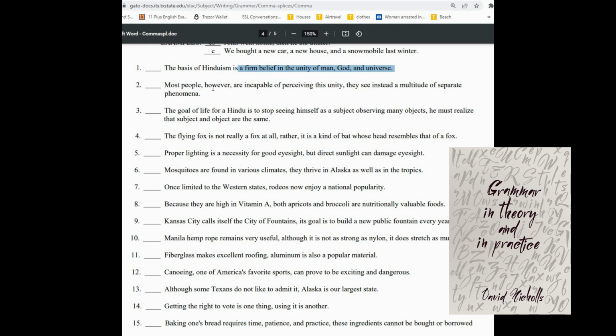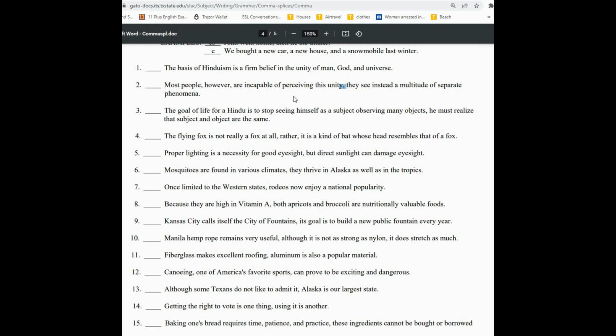Let's keep it. Number two. Most people, however, are incapable of perceiving this unity. They see instead a multitude of separate phenomena. Now, I paused for the comma because I think a lot of people think that that's all commas are for, pauses. But I paused for the comma to show you that this is clearly two complete thoughts. Now, how can I prove it to you? Well, firstly, it has a subject, they, and a verb, see,